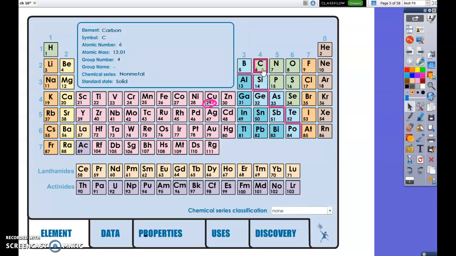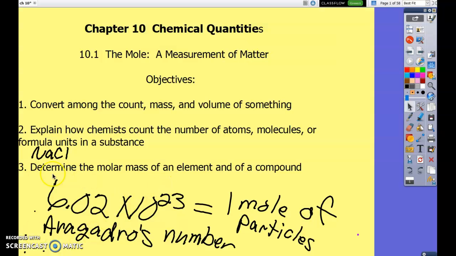Carbon has an atomic mass of 12.01 atomic mass units. If I have 12.01 grams, then I have 1 mole of carbon. So that's why it's called the molar mass. I can have any element on the periodic table, and if I have this many grams, here's iron, 55.84, that means I have 1 mole of iron. And 1 mole is this magic number called Avogadro's number, 6.02 times 10 to the 23rd atoms of carbon, right? Or iron, or whichever one I'm using.